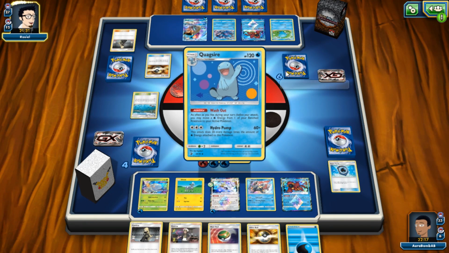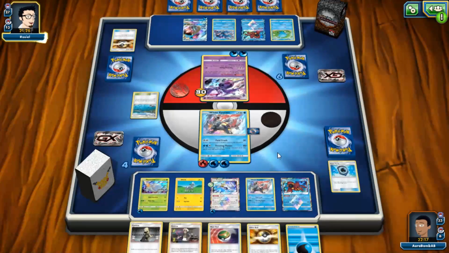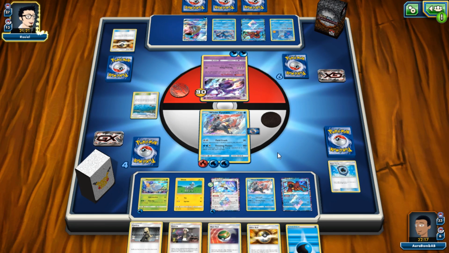I could try to knock out the Quagsire, and then he'll just take another knockout, but I don't have any way to knock out a Quagsire unless I just draw perfectly here, which is like a basic Fire Energy, 2 Aqua Patches. I'm not even going to bother with that play. I'm just going to go for the...